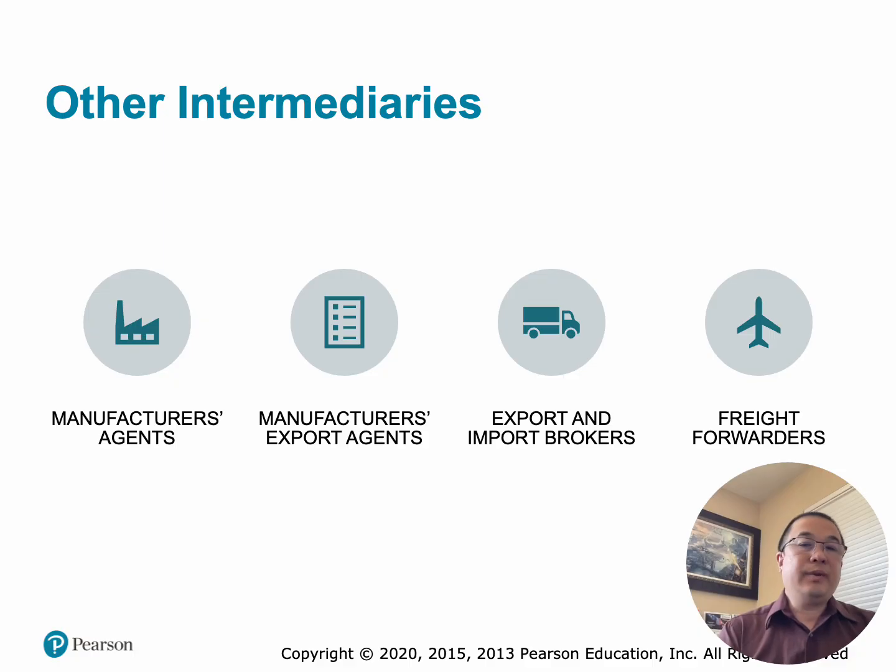Number four, a freight forwarder. These are logistics experts specializing in international shipping. What they do: they arrange transportation, prepare shipping documents, coordinate customs clearance, book cargo space, track shipments, and arrange insurance. As an example, a U.S. manufacturer exports machinery to Germany and hires a freight forwarder to handle ocean transportation and customs paperwork. So think of them as the travel agents of international trade.